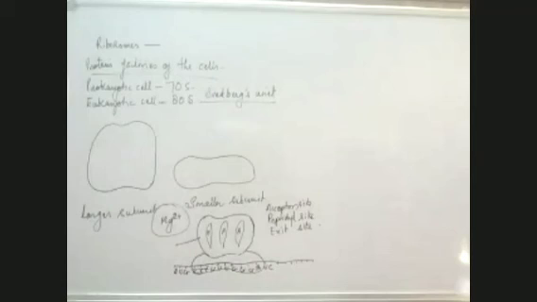Now, when the translation process starts, the A site accepts all the transfer RNAs with amino acids, but the first initiator codon is not accepted by the A site. The initiator codon, which is AUG, is always accepted by the P site. The P site accepts only the AUG, the initiator codon, and the rest others